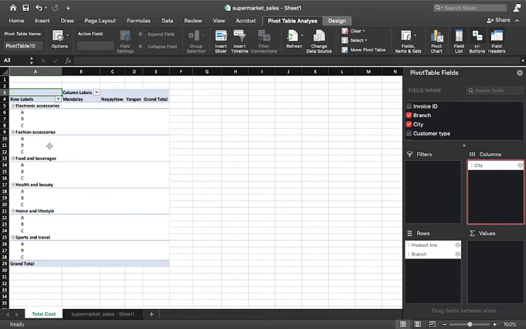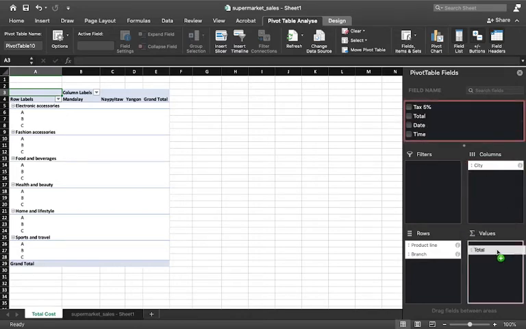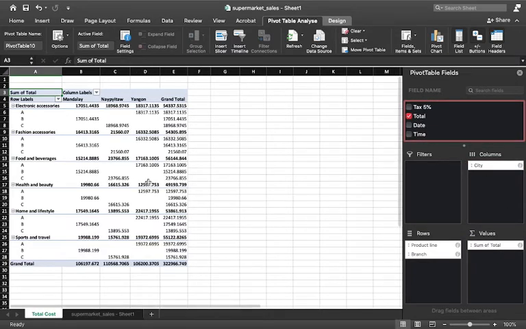And now I need to find the total cost. So in the values block, we just need to put the total attribute. I'll just add in here for you, and yes, here we have our pivot table. First of all, you see how easy it was to just have all the data right in your hand within seconds.